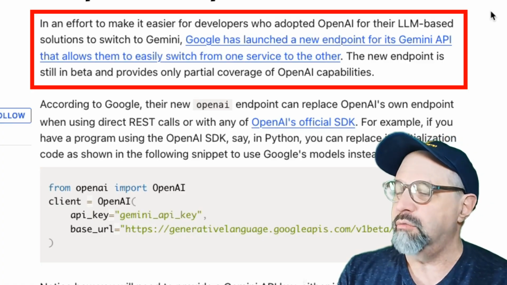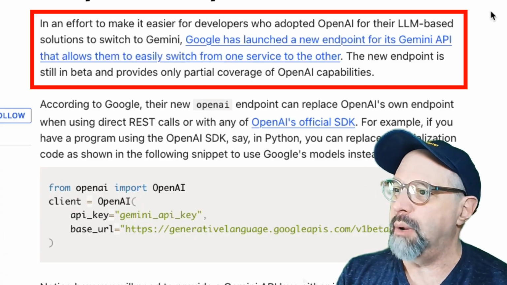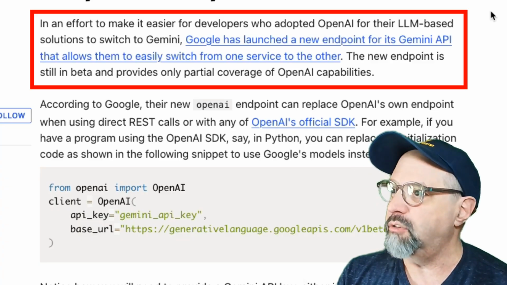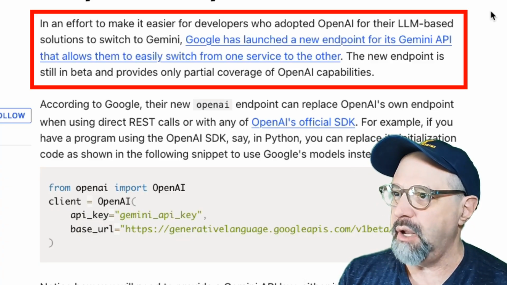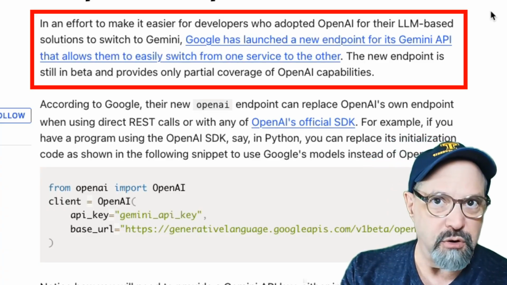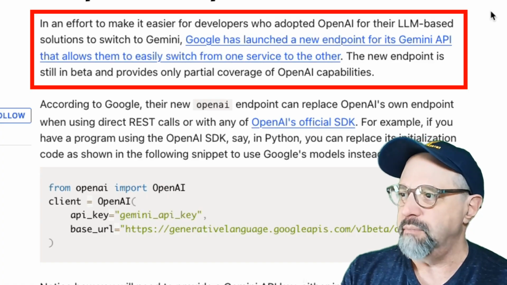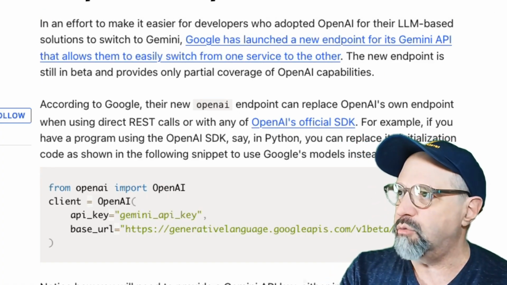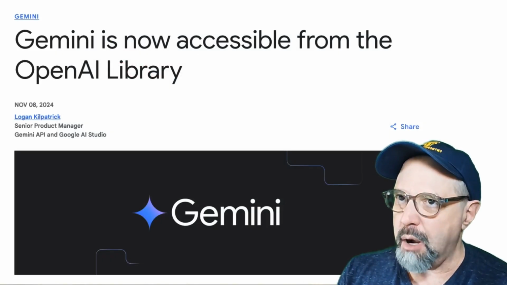So there's a new RESTful endpoint for their web service for its Gemini API that allows developers to easily switch from one service to the other. The endpoint's still in beta and provides only partial coverage of the OpenAI capabilities. Let's take a look. Now they've got code in here, but in fact what it references is this blog post